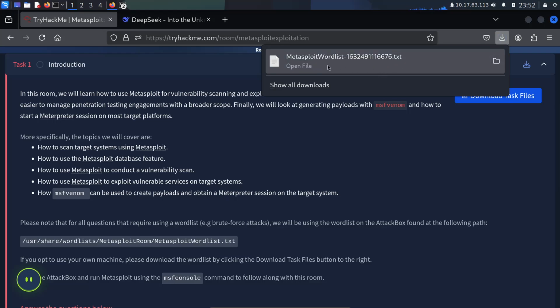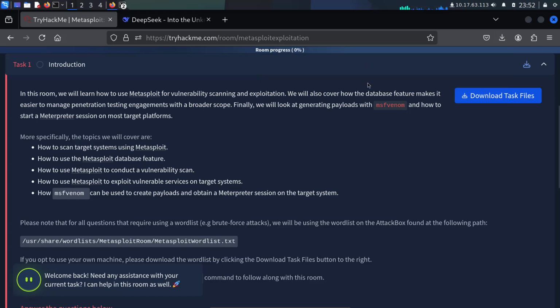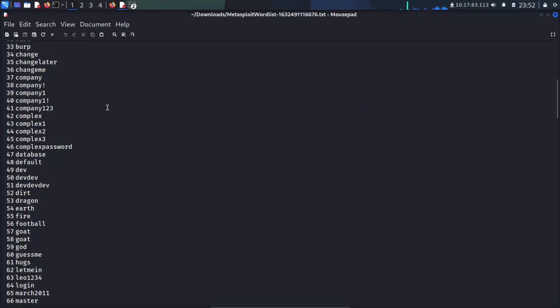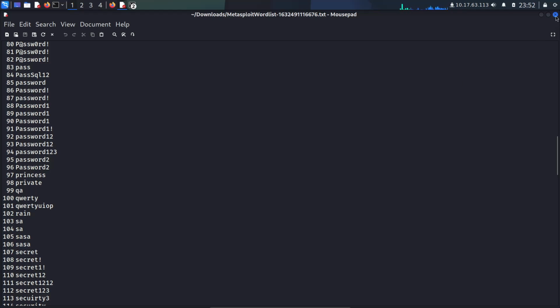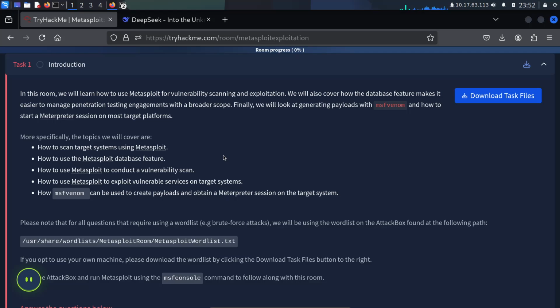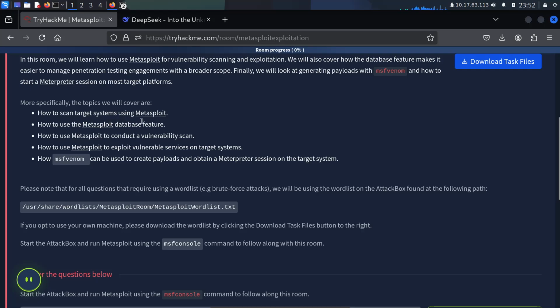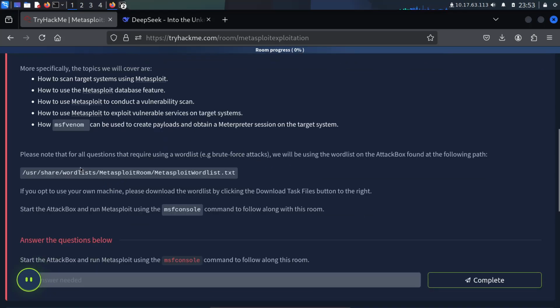Well done to open. Yes, this is the correct password, the list of passwords. More specifically, the topic will cover how to scan a target system using Metasploit, how to use the Metasploit database feature to conduct a vulnerability scan, and how MSFvenom can be used to create payloads and obtain a Meterpreter session on the target system. Please note that for all questions that require using a word list